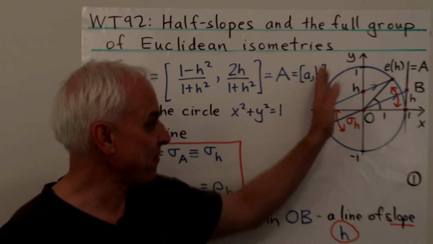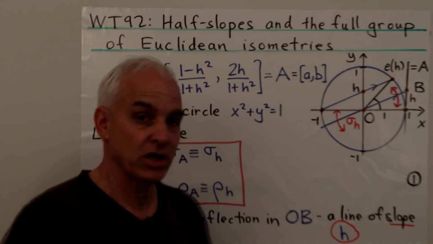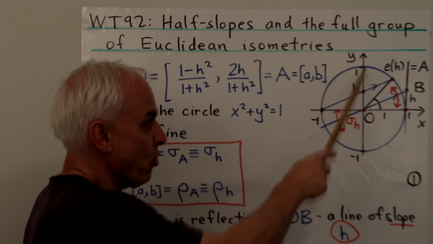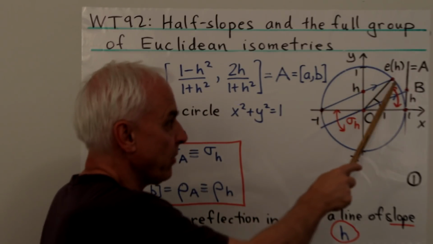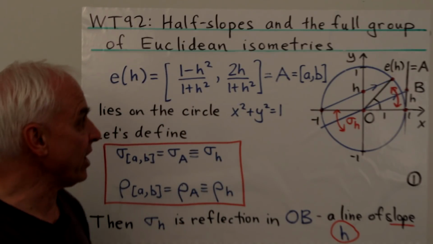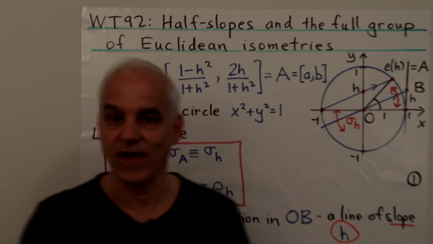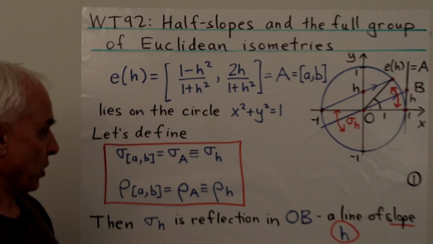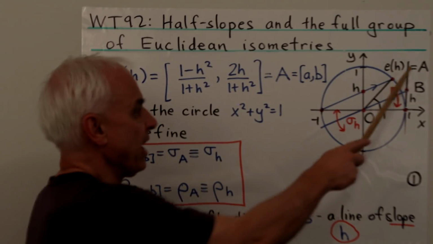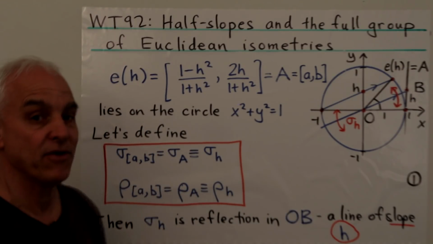So let me remind you of this very familiar situation, I hope. We have a point on the unit circle, and we can rationally parameterize that point by its half slope h. Here's h, a point on the y-axis. We join it with this point here. We get this point E of h, which has this explicit familiar rational parameterization. The point A, we might also refer to its x and y coordinates as AB, as we have been previously. So let's now exploit the fact that we have two ways of thinking about the point A, both as the point AB in terms of x and y coordinates and as given by this half slope.